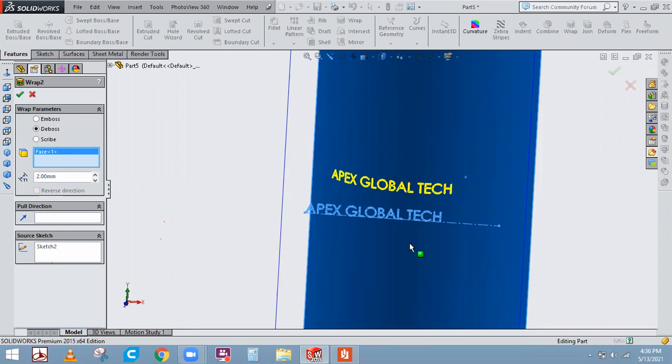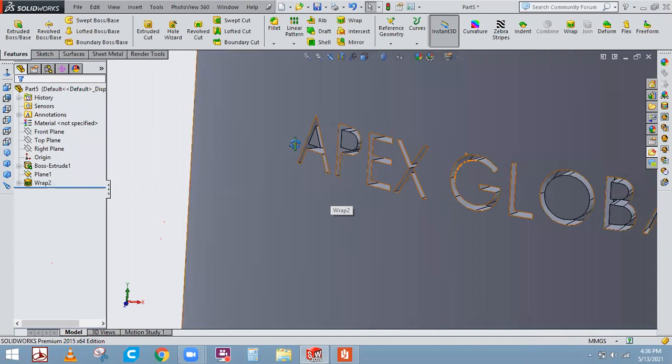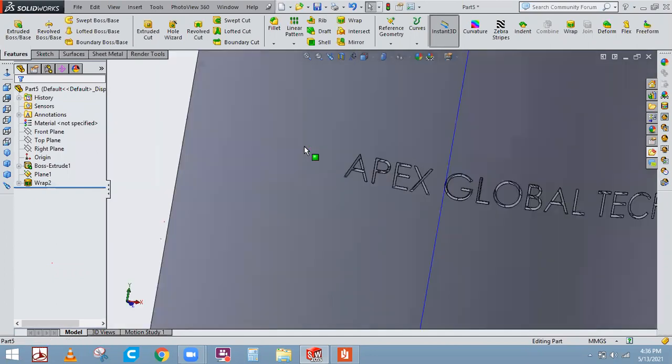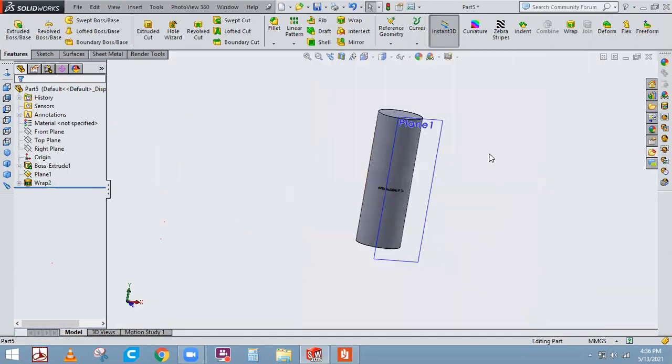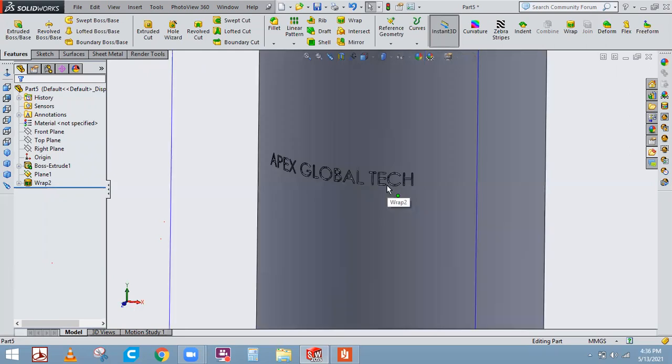Deboss is nothing but it will be printed inside. If you can notice, see, it will be cut, punched. Yes, sir. Deboss can be done on bricks. So it's a normal punching process. Okay, sir. So I guess